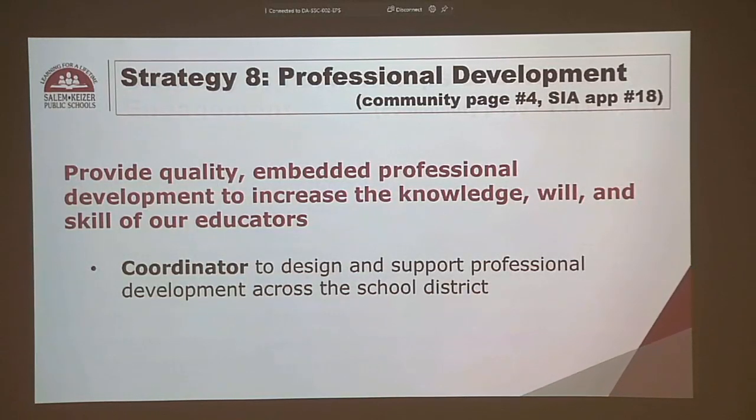Okay. So professional development. This one's going to look small. So I'm just preparing you for that. But our professional development, you probably saw it embedded in almost every single strategy that we have. So this person is just called out because it was the #1 universal priority that came out of our task force. And so we need to provide a coordinated response to professional development, and that's what this person would do.